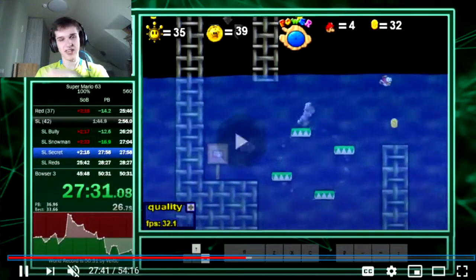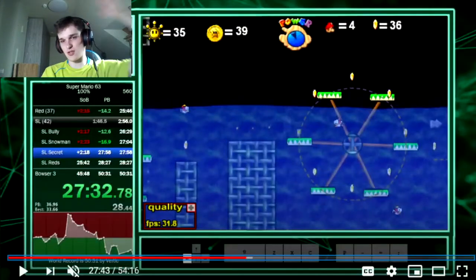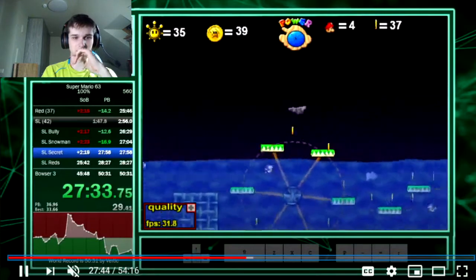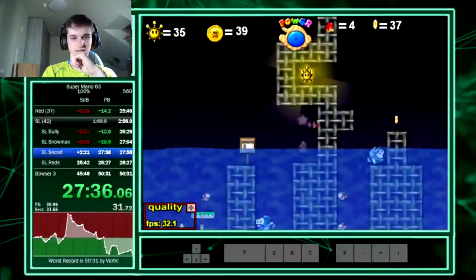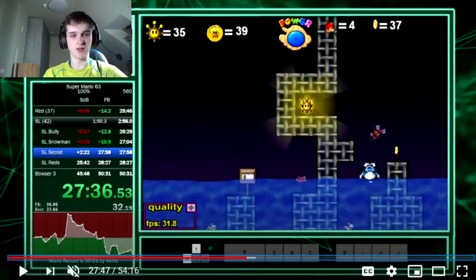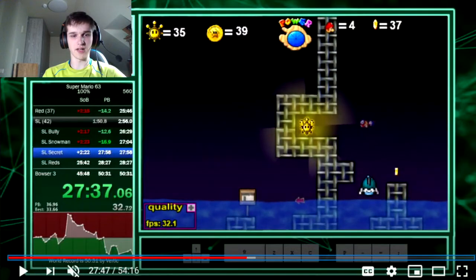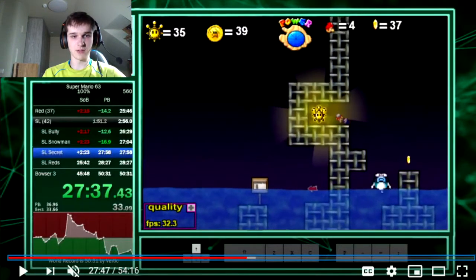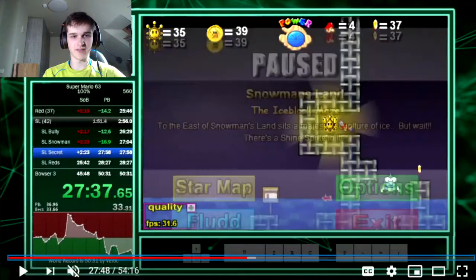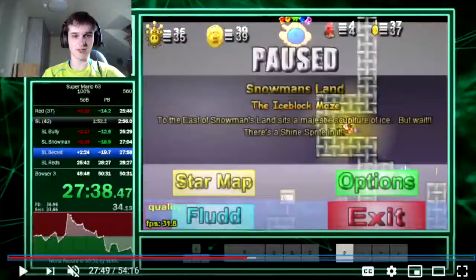When you use a wing cap into water, you are in this sort of weird dive state where you move horizontally pretty quickly, but barely move downwards at all, so that's pretty cool. We go over the water, and then you're supposed, after collecting this Vanish Star, to go all the way left to collect the specific cap, but since we have momentum from the wing cap, we can just fly into the shine. And here you want to exit level once again, but it's kind of difficult to do because